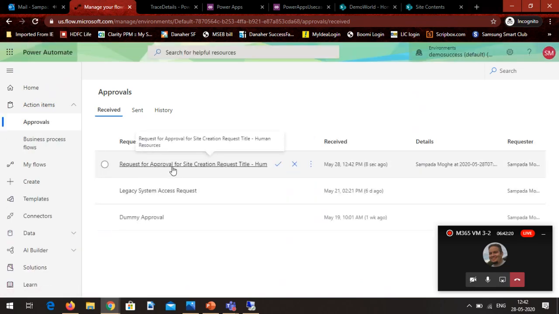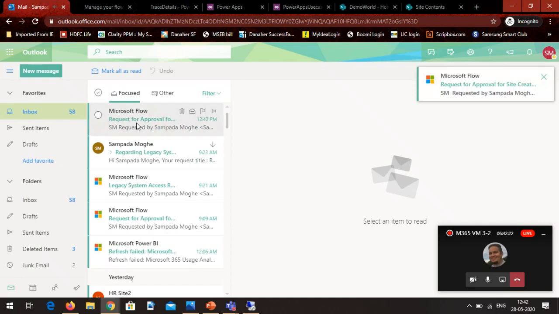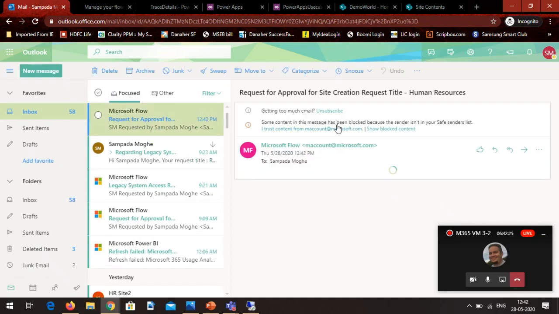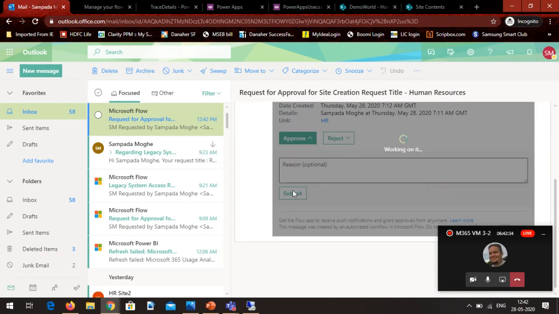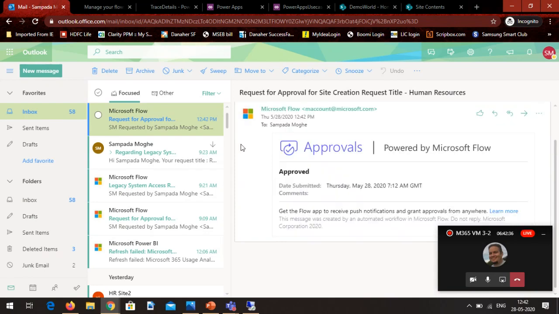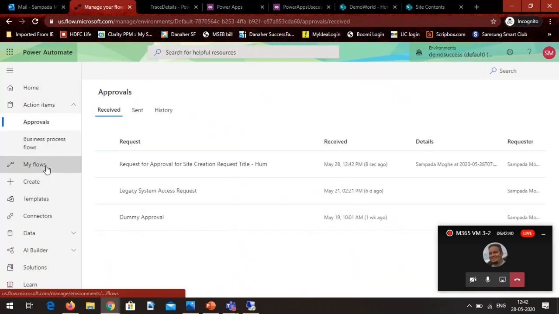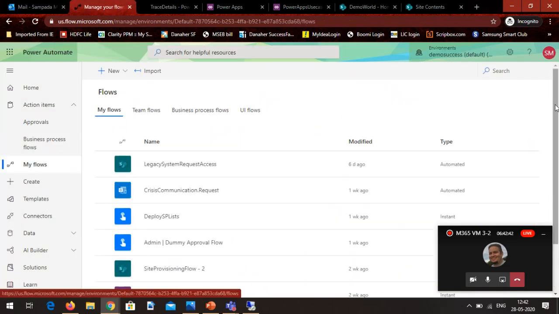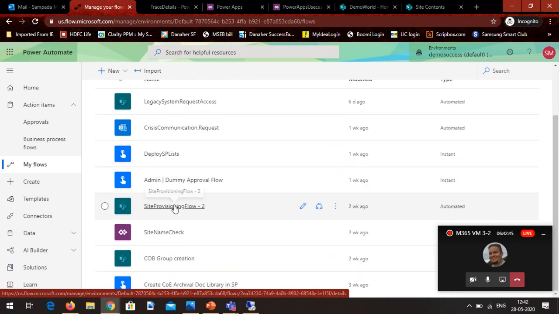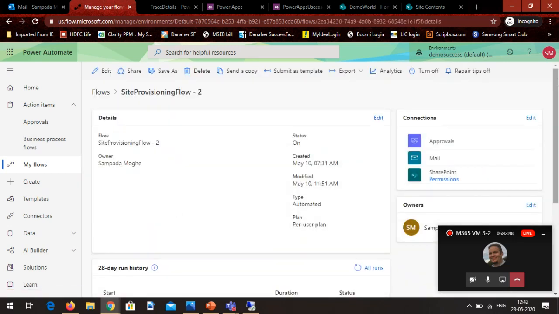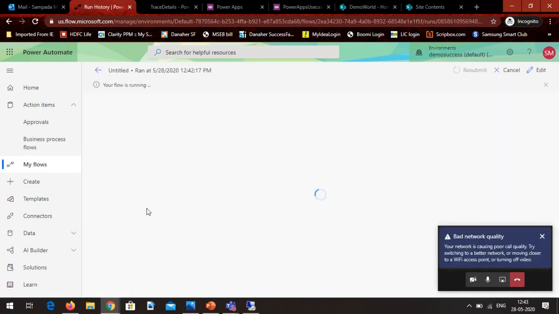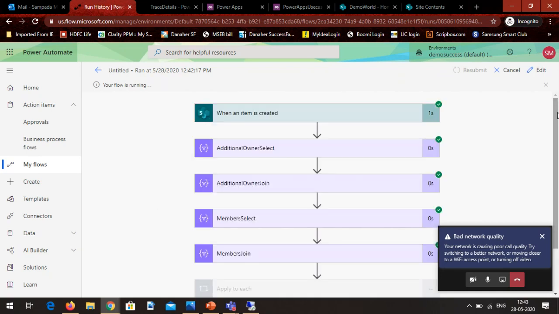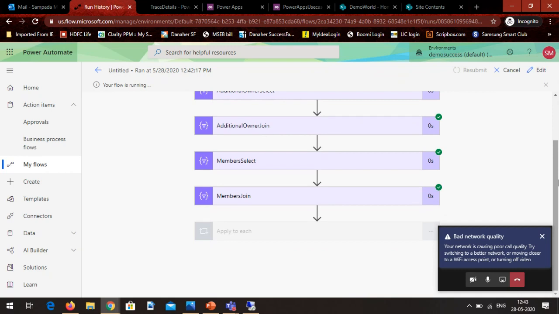Okay, so we got a mail to approve the request. So let me quickly approve it. And now since I have approved the request, the flow goes and calls the webhook, which has all the processing logic written,